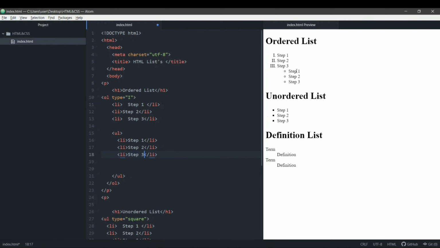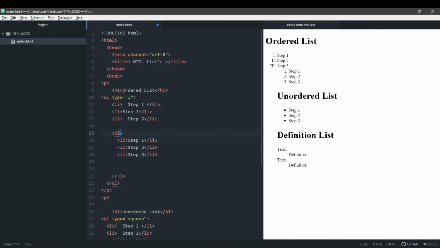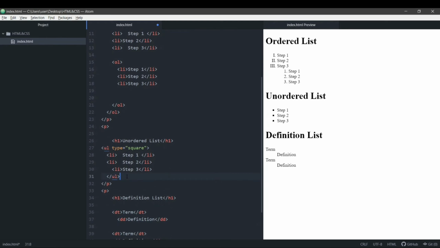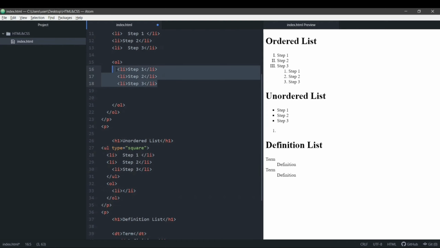So you can see that this is how a nested list appears. If you want a list inside a list, suppose I want an ordered list, I can also just change this UL to OL, again change this UL to OL, and you can see that I have an ordered list inside an ordered list. I can also add a definition list here. You can add any of the 3 types of list inside a list: ordered inside ordered, ordered inside UL, and in the UL tag if I want to add an ordered list, I can add an OL tag here, then I'll add li. I'll just copy paste this, it will save some time.